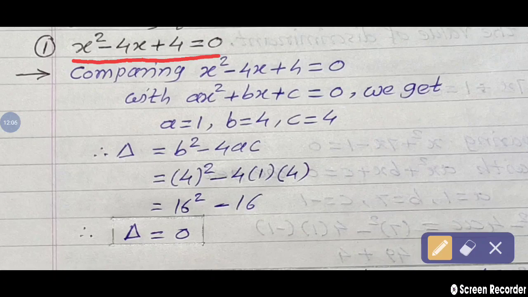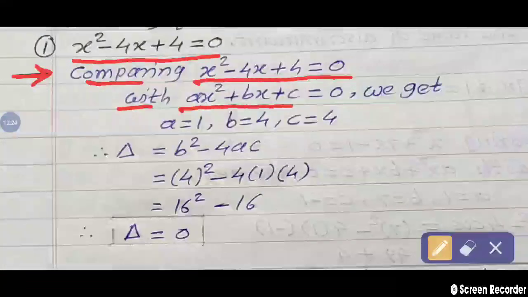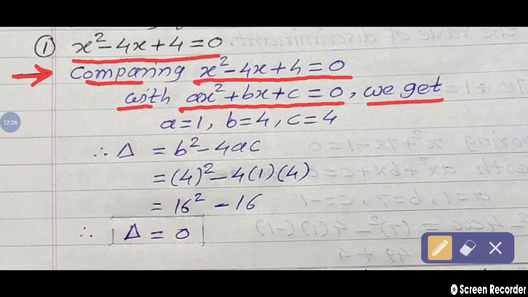First of all, we compare the given quadratic equation with the standard form. Now check this. Comparing x square minus 4x plus 4 equal to 0 with the standard form ax square plus bx plus c is equal to 0, we get: